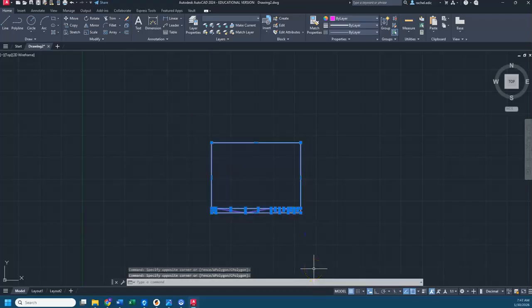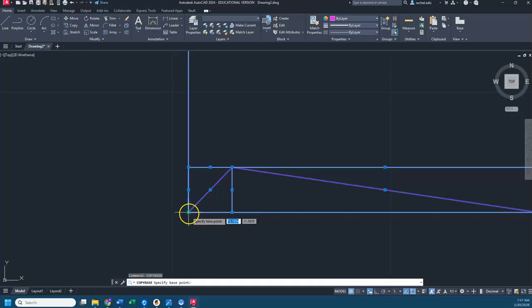And I'm just going to start typing. And if you can see, this command bar is really important. That's going to tell you different things about the tools you're using. So I'm going to type copy base, and I'm going to press enter. And it says specify base point. I'm going to use this bottom left corner because that's what I want to reference when I paste this on the next page. So I'm going to